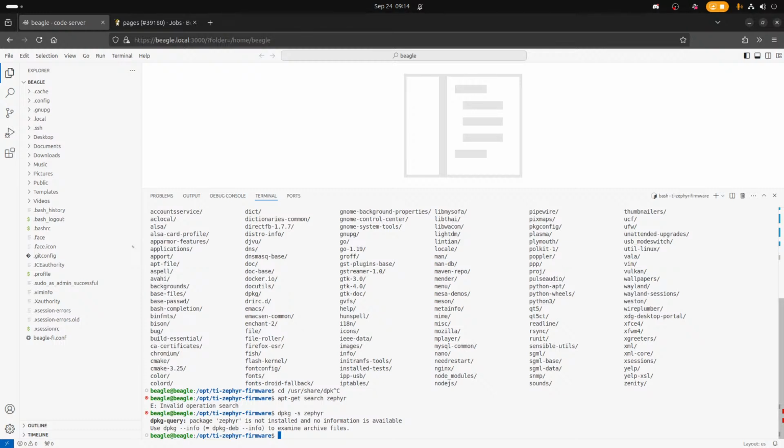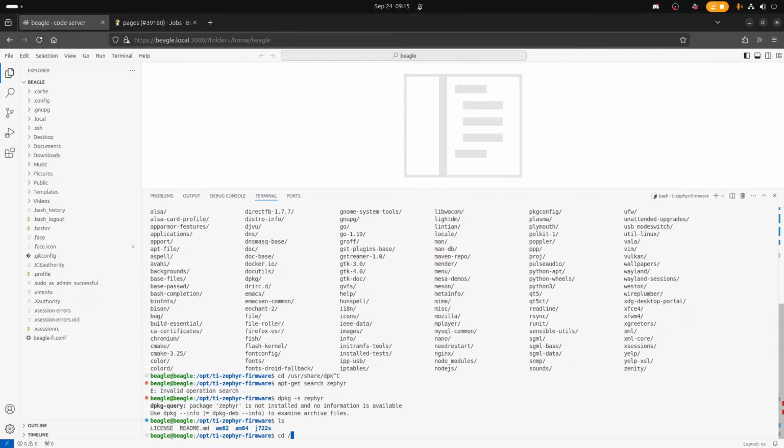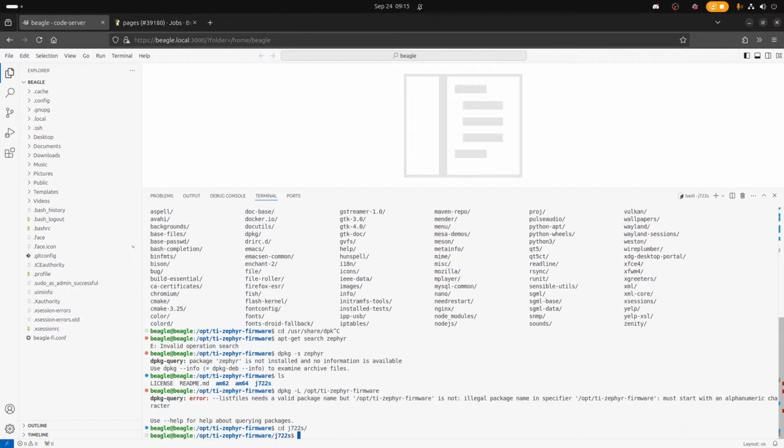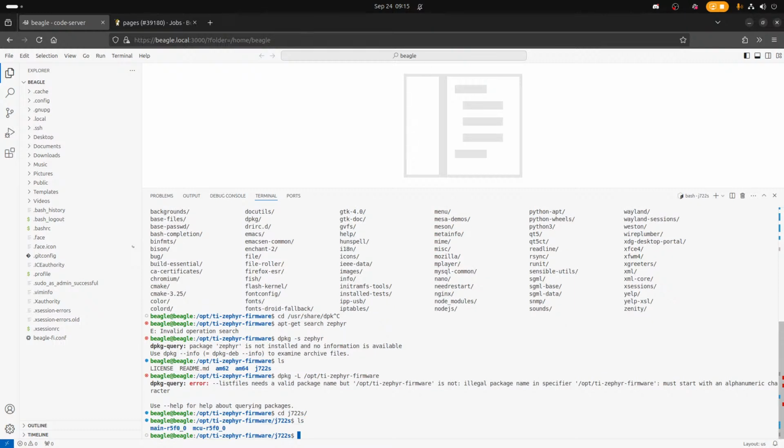The command to search? It should be installed as Debian packages, I believe. Well, I guess things in /opt aren't, because /opt might be copied. I haven't used Debian or base distros in a while. The image is stored in the J722S folder there. Yep.